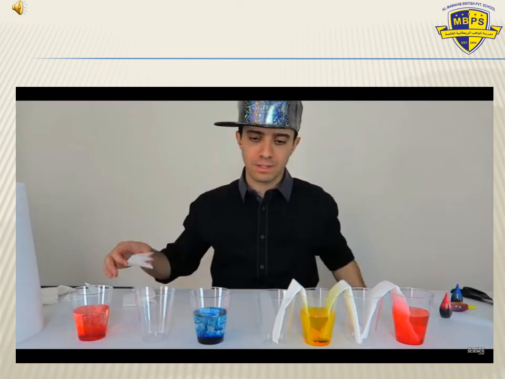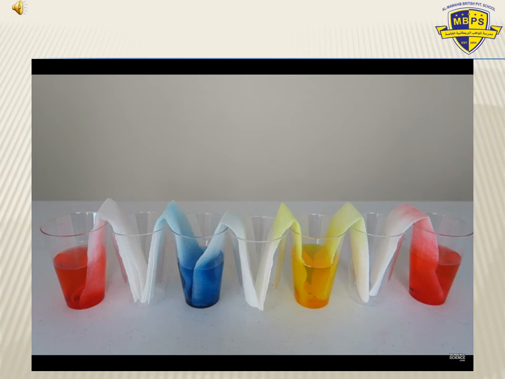After that, he put all the tissue paper inside the cups. One side will be in the coloring cup and the other side will be in the empty cup. And he does it for all the cups, as you can see in the picture. After a few minutes, you can see the different colors coming up on your tissue paper. This tells us about the absorbent material. That means the tissue paper can absorb some of the water. How will we know that? According to the color that we can see on the tissue paper.